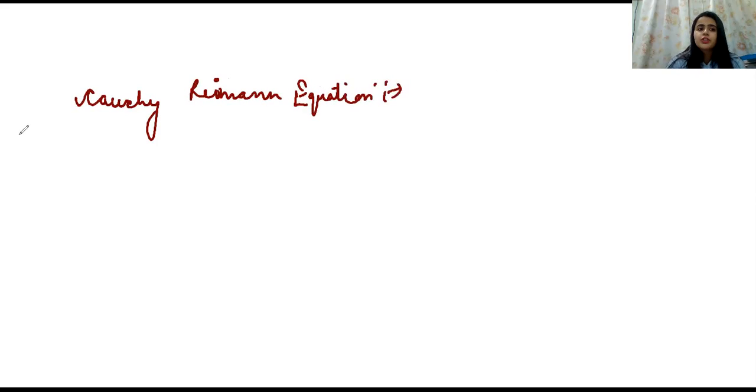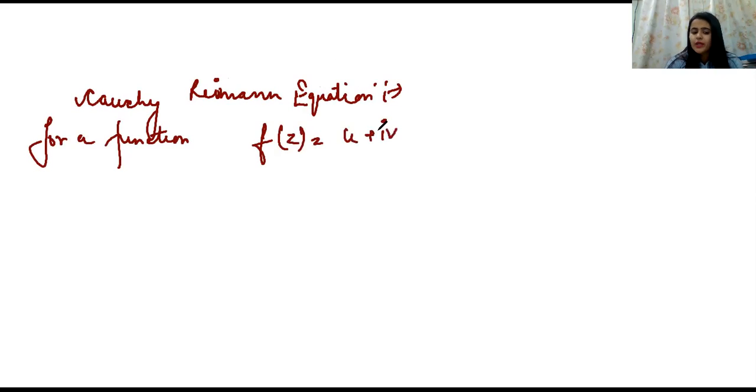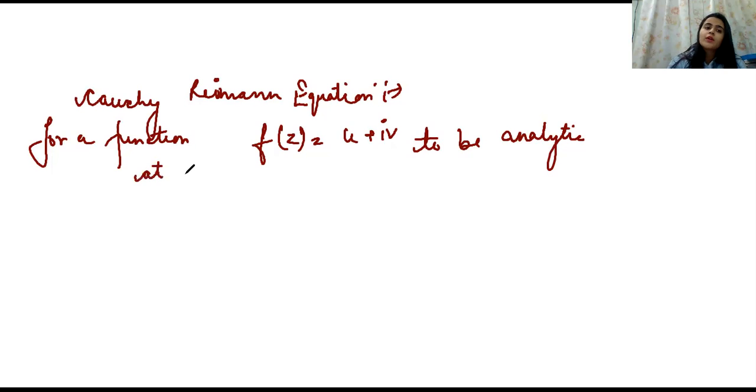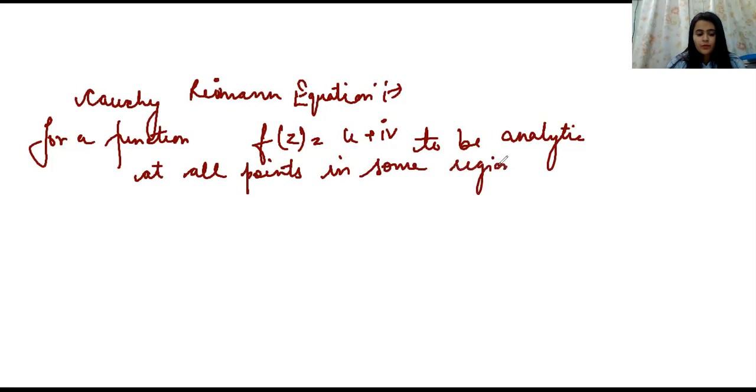For a function f(z) written in the form u plus iota v to be analytic at all points in some region R, what will be the Cauchy-Riemann condition? Then